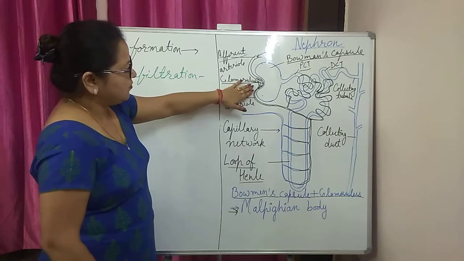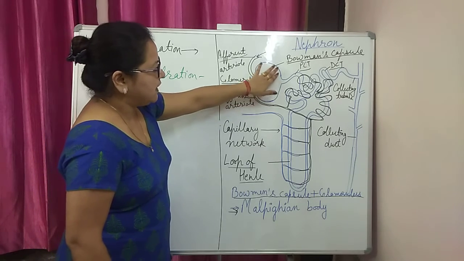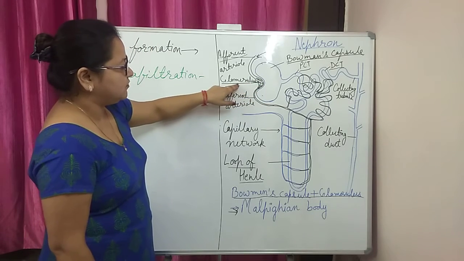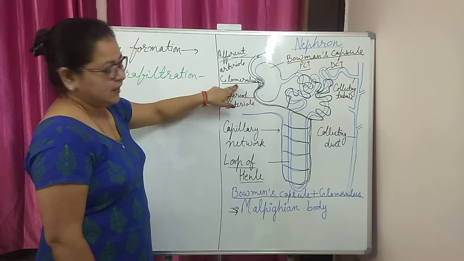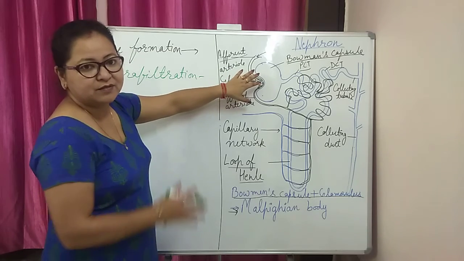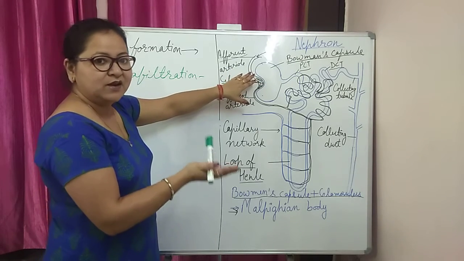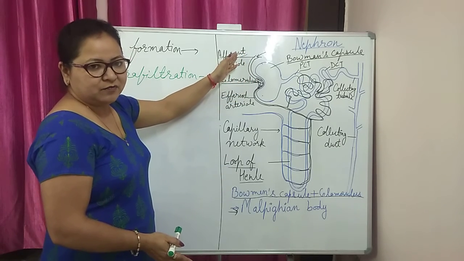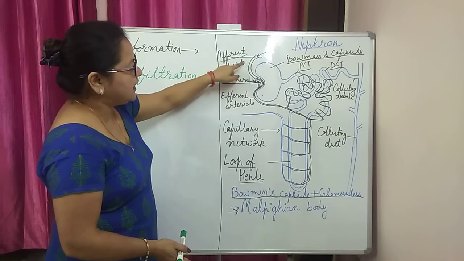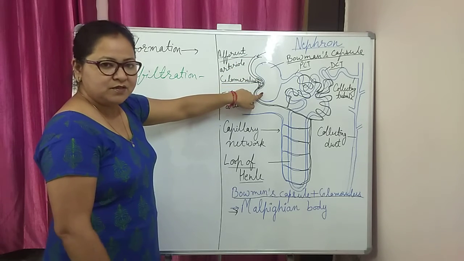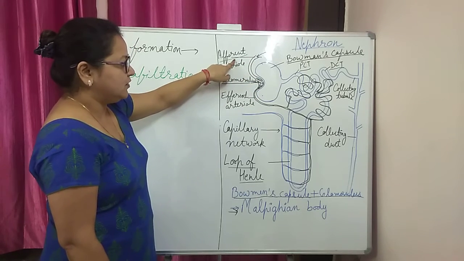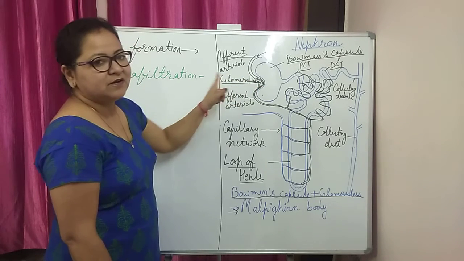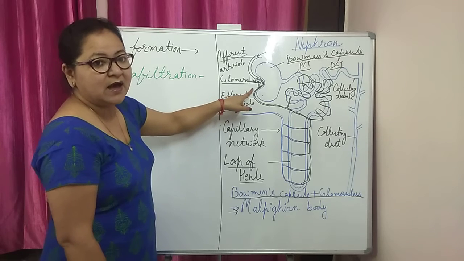As you can observe, the blind end of the nephron, that is the cup-shaped Bowman's capsule, has a capillary network called the glomerulus. This is the functional unit for the filtration of nitrogenous waste from the blood. Blood is coming from the arteries. The arteriole that enters the Bowman's capsule is called the afferent arteriole, and it makes a capillary network. Then ultrafiltration takes place due to the high pressure.